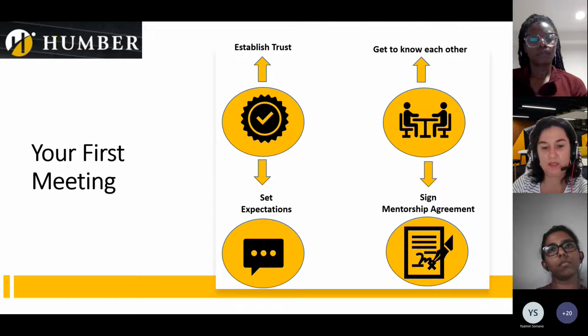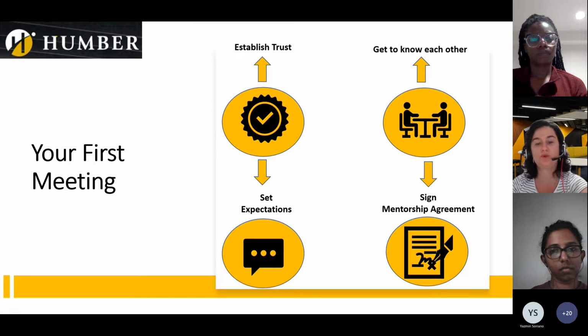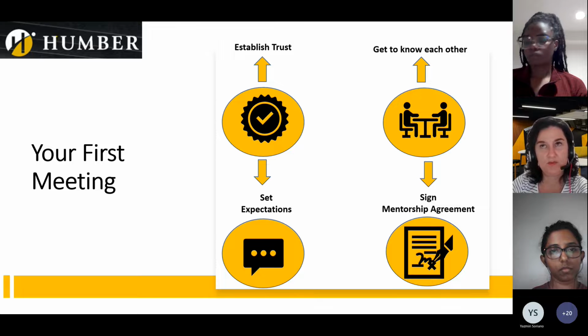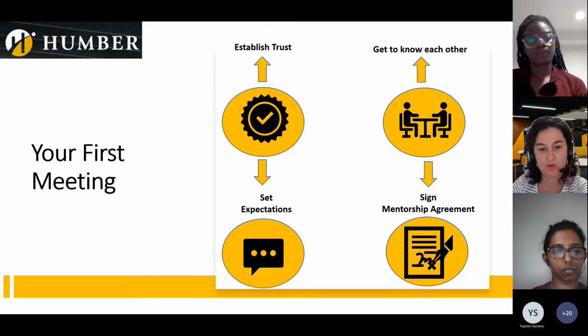Before the first meeting, it is recommended to prepare some questions about yourself, your background, your short-term and long-term goals, because this information that you provide about you will better position the mentor to focus on your needs and share information that is targeted to your goals. Some information that you can share with your mentor in advance is about your educational and professional background, your greatest strengths and greatest weaknesses, your short-term and long-term goals, and your hobbies, interests outside of work.